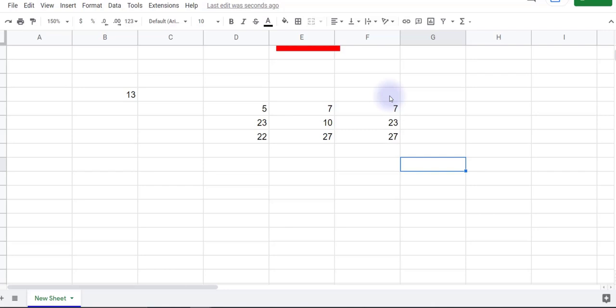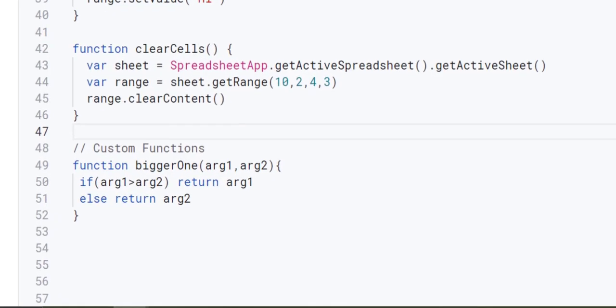But up to this point, you should notice something: we are writing the function bigger one, but unlike the built-in function, no documentation is popping up this time. About the autocomplete, Google Sheets supports autocomplete for custom functions, much like for built-in functions. As you type a function name in a cell, you will see a list of built-in and custom functions that matches what you enter. So for that,